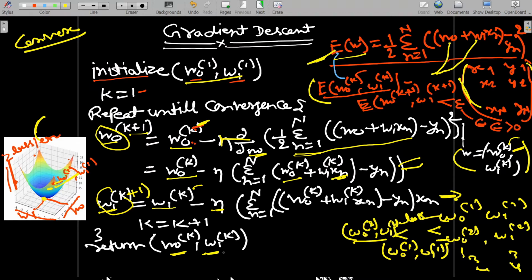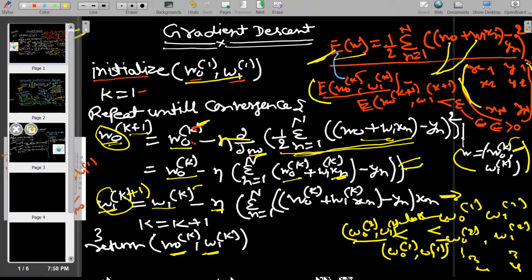So one point to be noted here, what we are doing for this gradient descent, let's suppose you have 10,000 data points and we are doing the sum of squares of error for each and every step until it converges. So the overhead and the computation time is very high, because for doing the partial derivative of first finding the w0 and w1, we are doing the sum of squares of error for all 10,000 data points. And this particular computation problem has been solved in the stochastic gradient descent algorithm. So let's see this stochastic gradient descent algorithm.